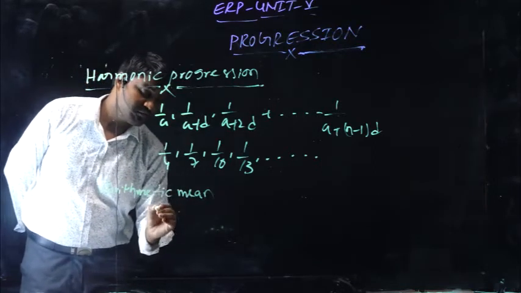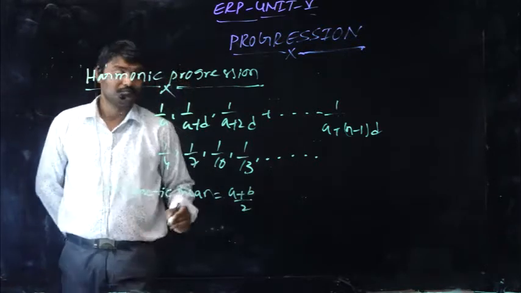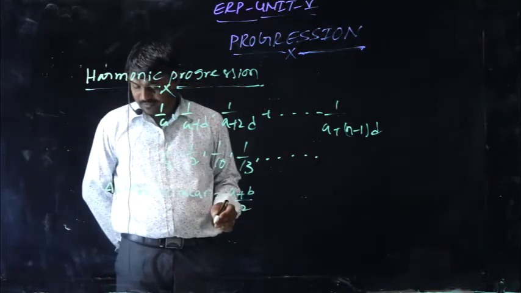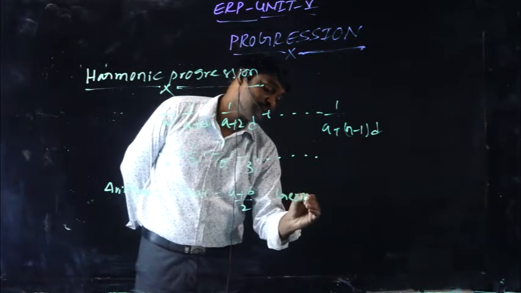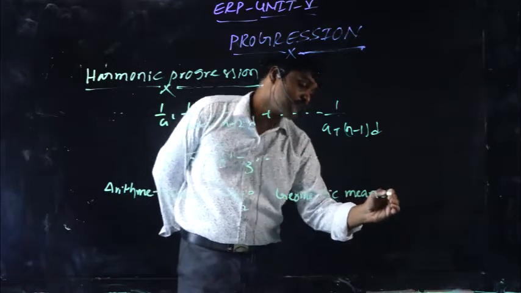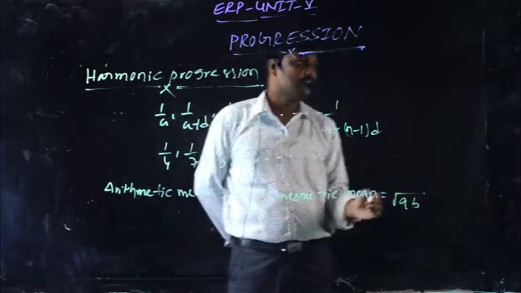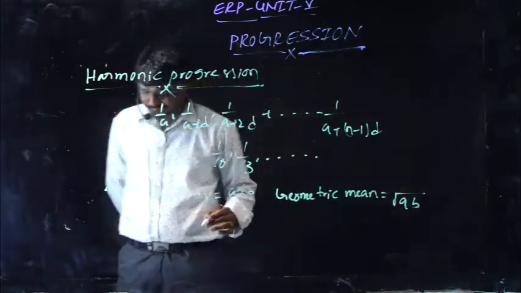Arithmetic mean equal to a plus b by 2. Geometric mean equal to root ab. Then next, harmonic mean. Harmonic mean equal to